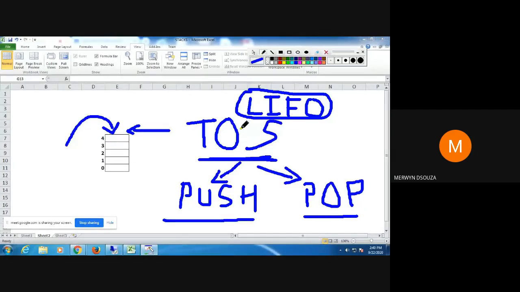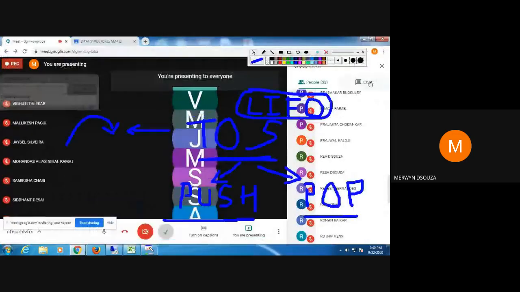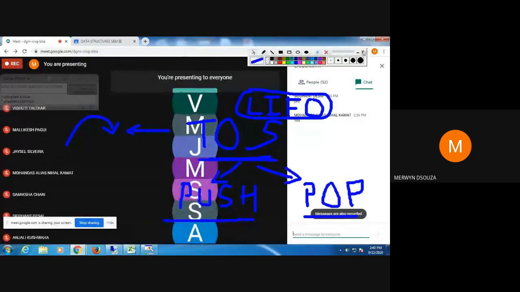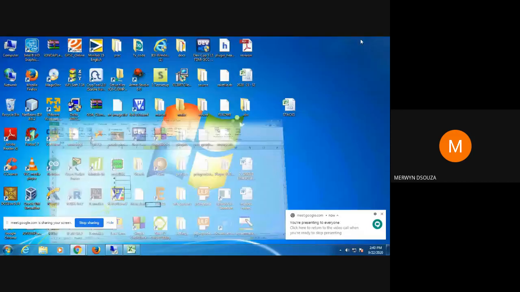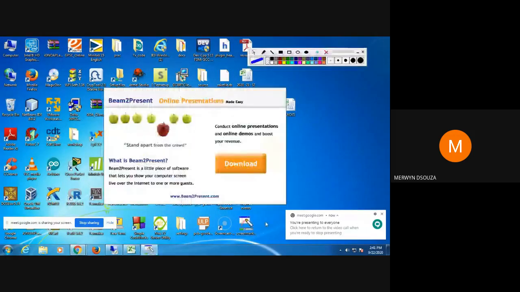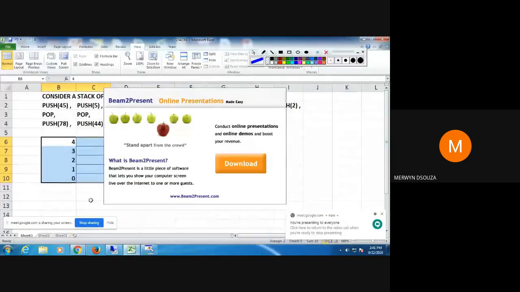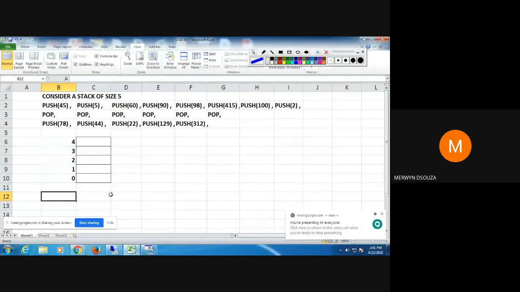So till here, does anyone have any doubts? Any doubts on what I just told? Okay, then we'll proceed with the example of stacks. I'll show you how the insert and the delete of the stack works. So henceforth we'll be referring to push and pop. I will not be referring to it as insert and delete.